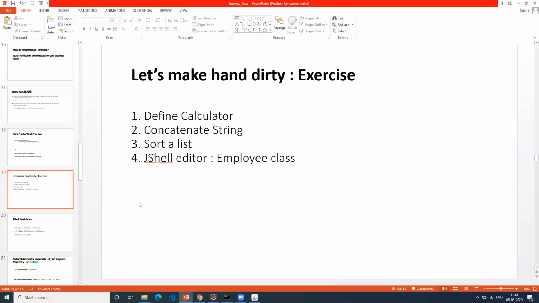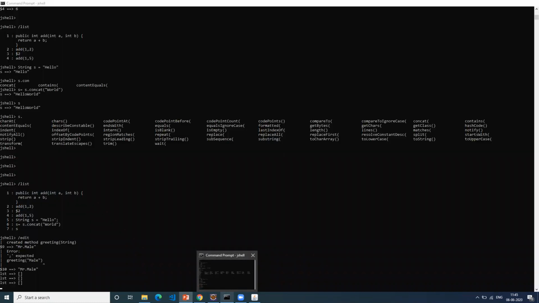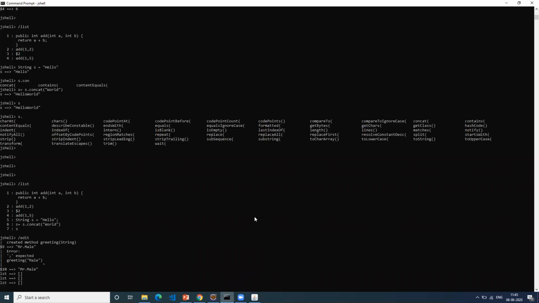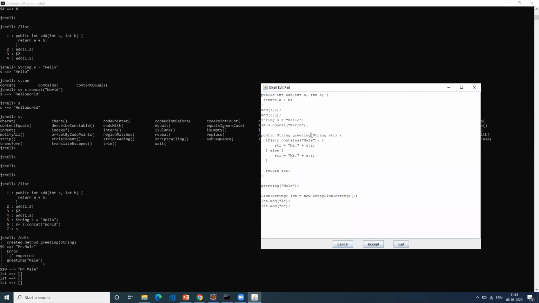How do we save that program for future reference, or how do we separate one or two programs? You have to copy and keep it. Once you close JShell, it is gone. This is a temporary editor. Let's say you have your notepad, and you want to type something. If you don't save it, the notepad content is gone. Something like this. So whatever you have written here, save it, and that's all you have to do. Otherwise, the data is gone.